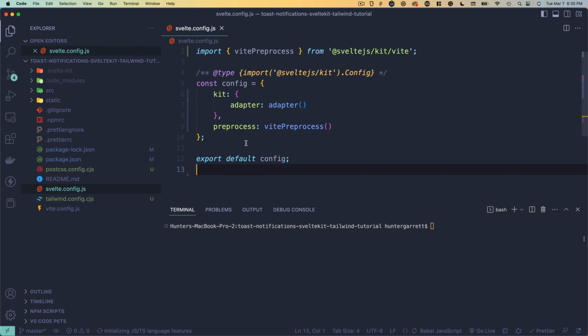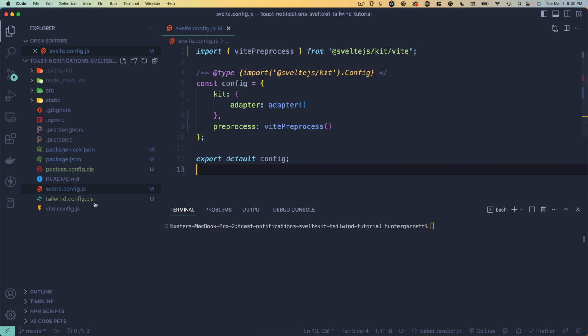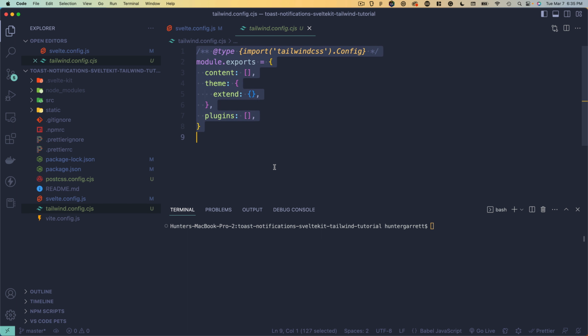all that code here. Then we need to go ahead and come into our Tailwind config file and copy this code. And what this is doing is essentially telling Tailwind CSS where it needs to look for changes. That way, once we change and add styles, Tailwind will know where it needs to update the styles so we actually see those updated in our development server. So let's go ahead and copy this, come into this Tailwind config file that we just created, and replace that